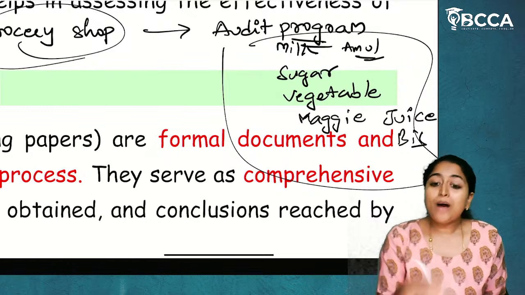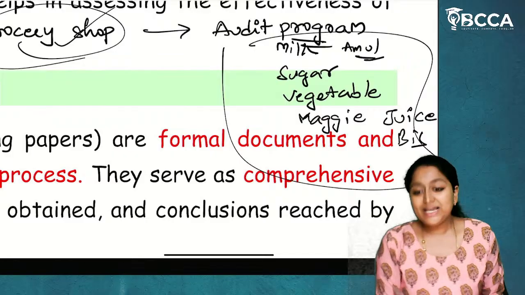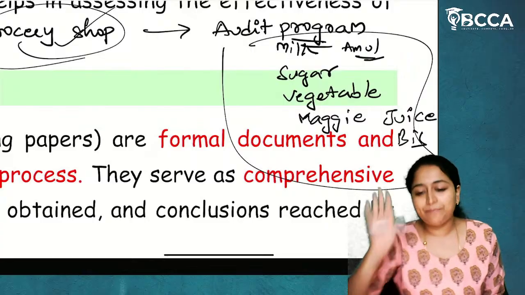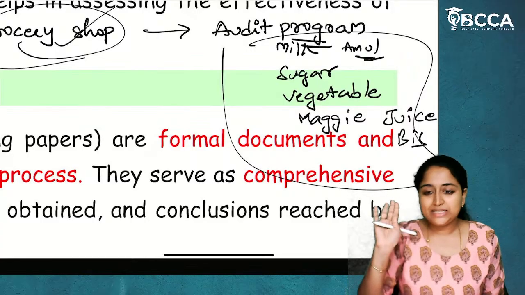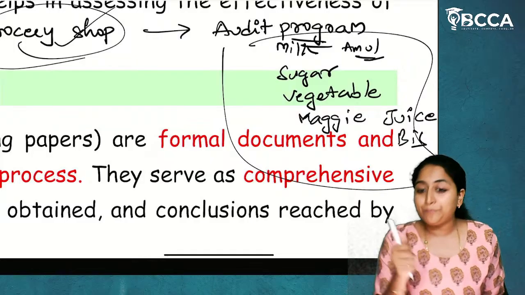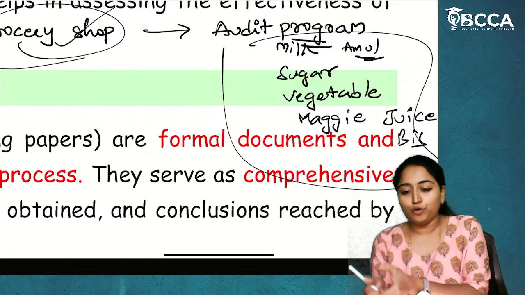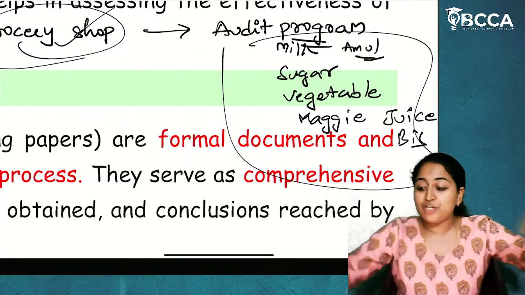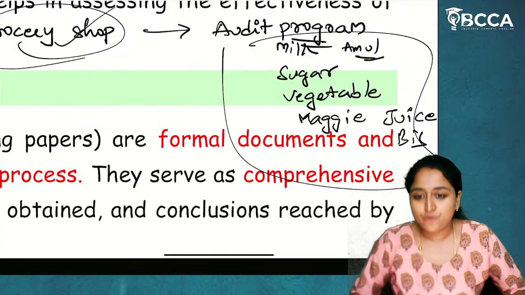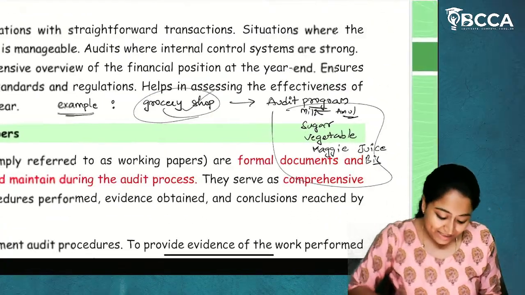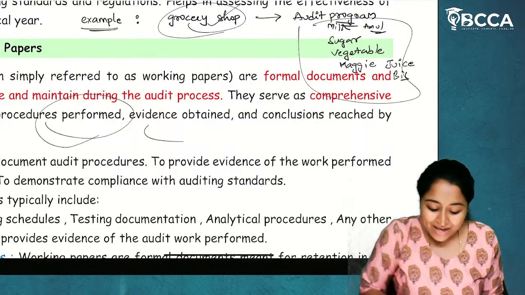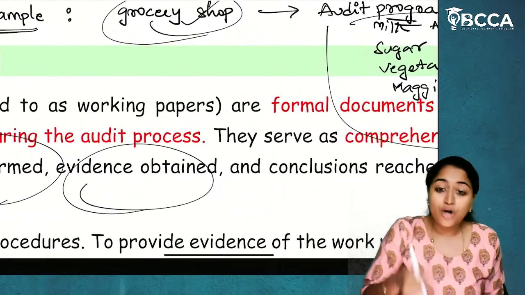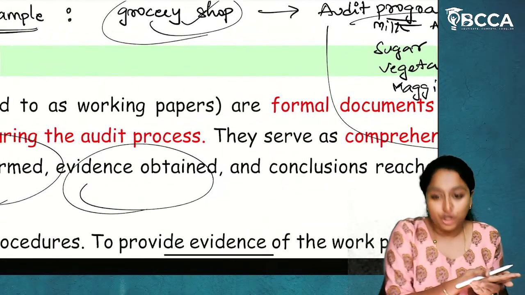But in the grocery shop which you went to, Amul packet is not there. Other than that, a different brand packet is there. Now, to show your mom as a proof, what will you do? You will take a photo. Only this is available, Amul is not there in the entire packet. That fridge box will be there, no? For that you will take an entire photo. That photo will act as the performance you have performed, and you will use this as an evidence to show your mom. So this is called an audit working paper. So that will be stored in a document.